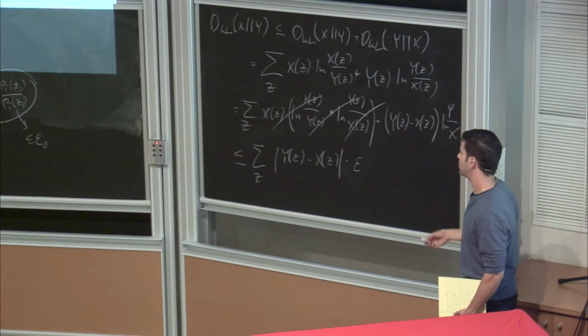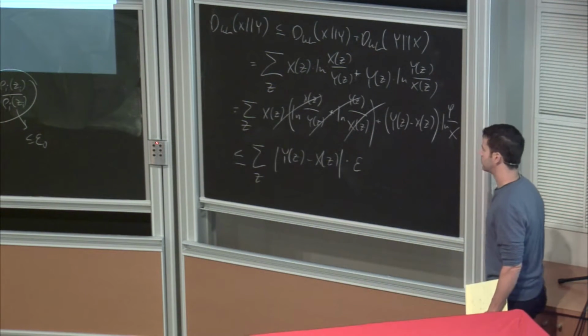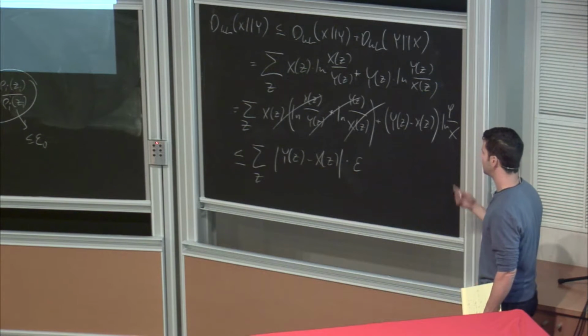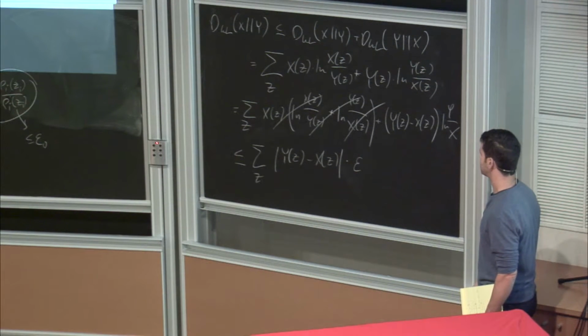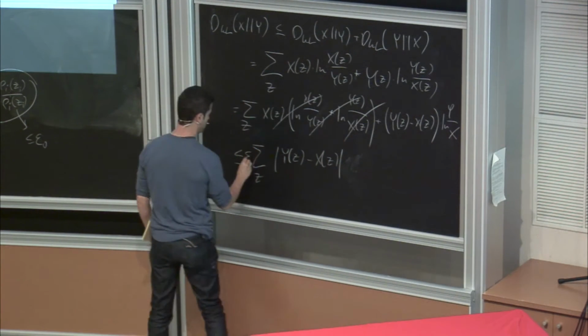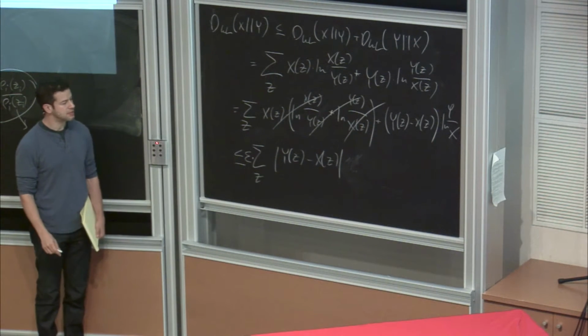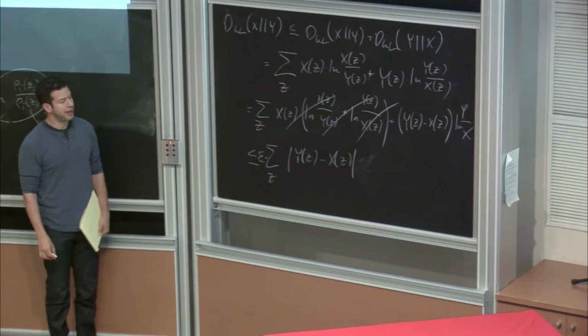Okay, so I'm summing over all z the absolute value of the difference of the probability of z according to y of x, multiplied by epsilon. So that's very nice. I can take the epsilon out. And now notice what I have here. I have y of z minus x of z. That also can't be